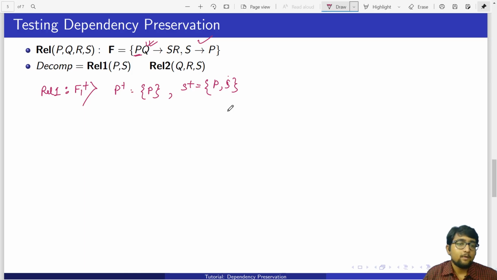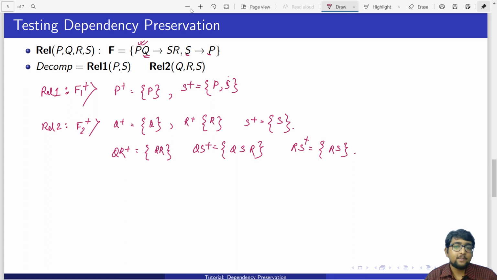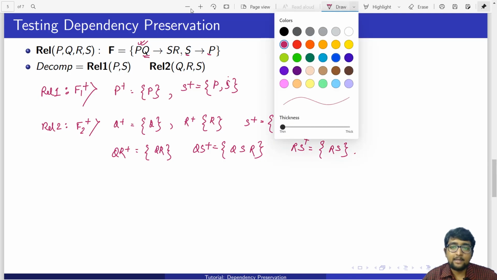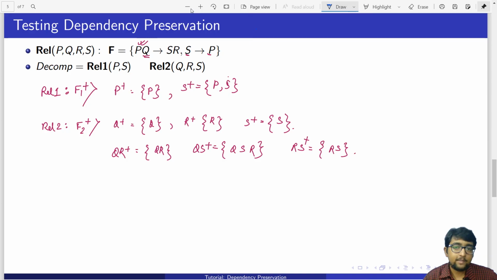Okay, for relation 2 we will check. So this is F1 plus and F2 plus. The next step is combination, and let us check. Now before moving to that, we have to check which functional dependency is directly applicable and which is not. So we can see that S functionally determines P. So this functional dependency you can directly apply on relation 1, right? You can, because both the attributes S and P are there in relation 1. But this you cannot apply.